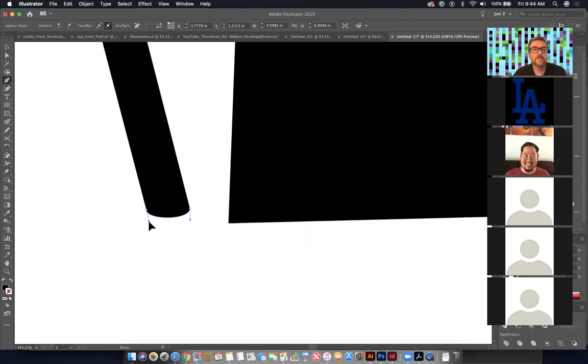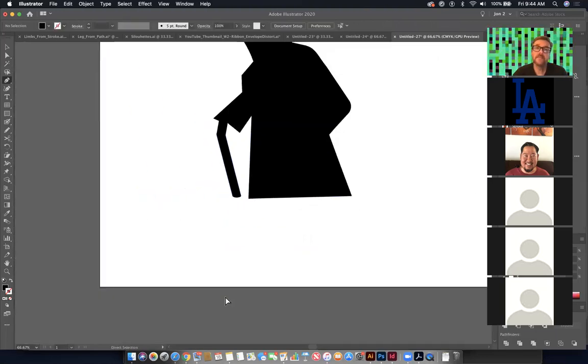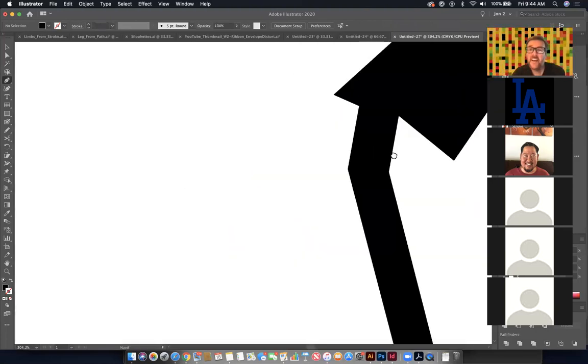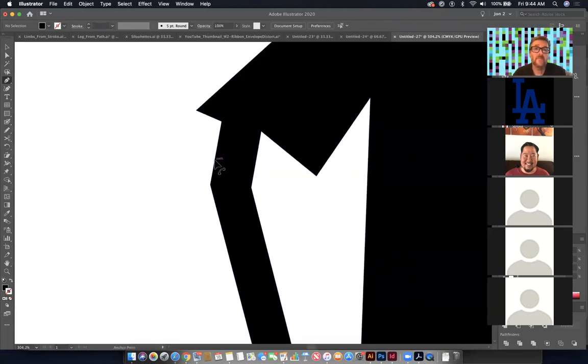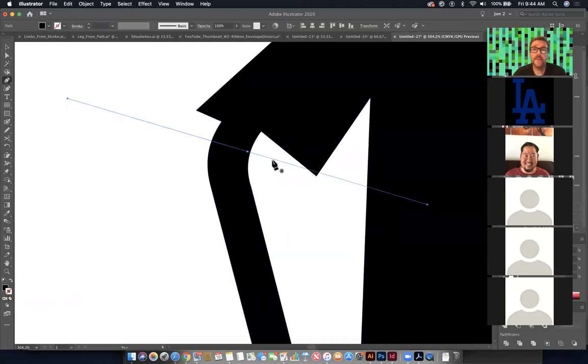I actually want them to be at the same angle as the stick, so that the curve at the bottom is in perspective to the walking stick. And then I can go up here, and we can hold Option again and curve this out. So we've got the walking stick looking more like a walking stick. And then we'll add a little bit here,